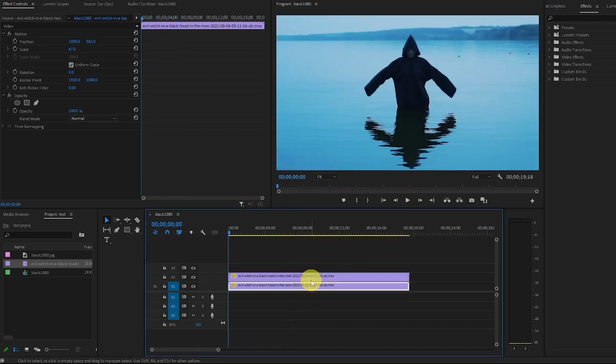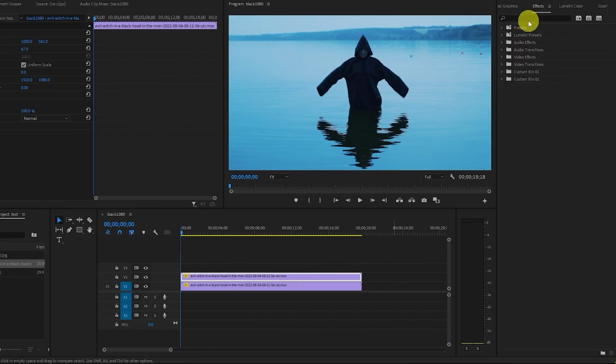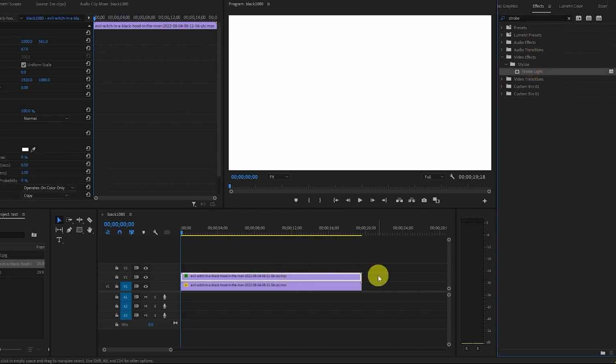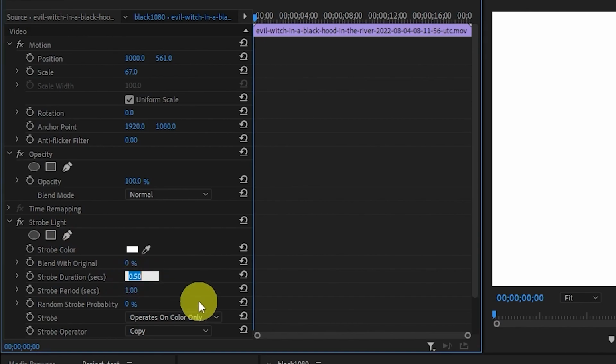The first thing we want to do is duplicate the video clip by holding Alt and clicking and dragging the clip above the original. Go over to Effects, type in Strobe Light, and drag it on top of the duplicated clip. Go over and change the strobe duration to 0.1 seconds, and then, starting from the beginning of the video